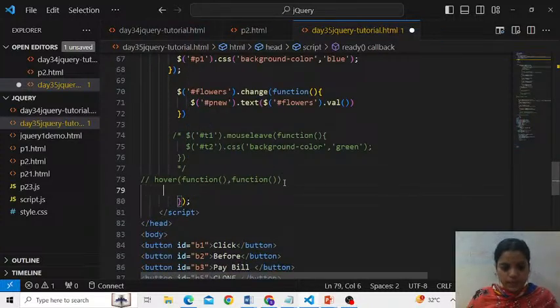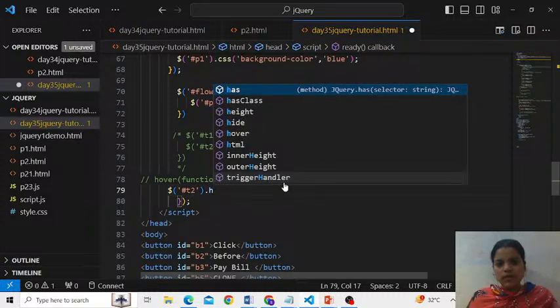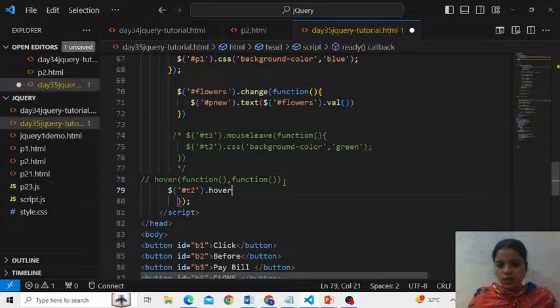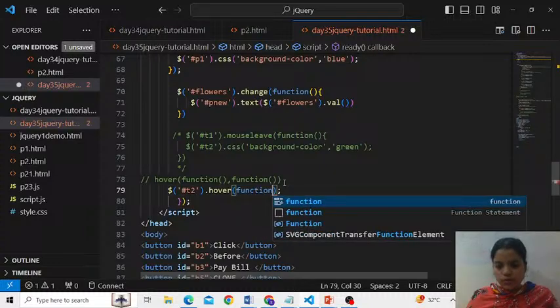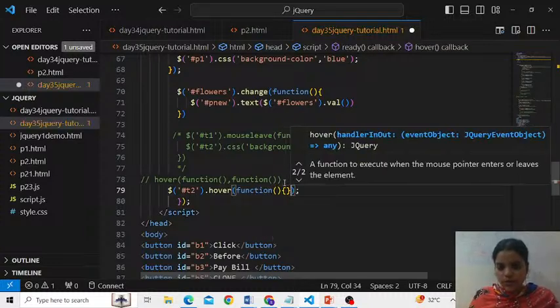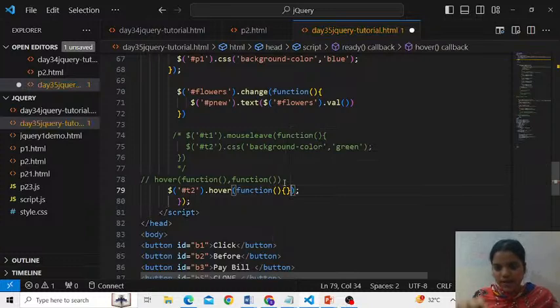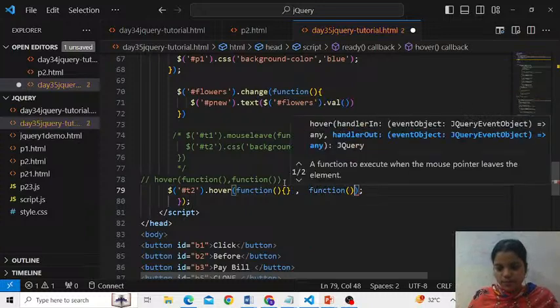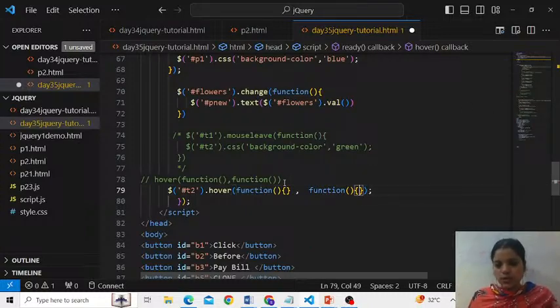So select the tag whose ID is T2 or T1, whatever. Say hover. Now you are actually going to define two functions inside, one for mouse in, one for mouse out. So function, this is the first one. I'm just writing the prototype, the structure, first. And this is going to be the next function. Okay, fine. So inside the first function, we say